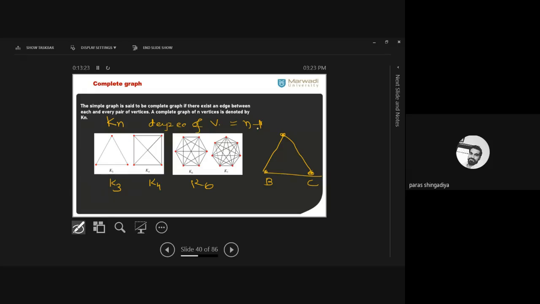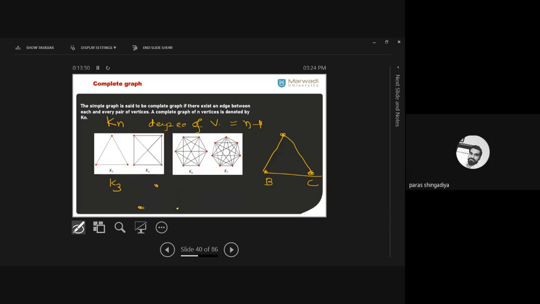You do not need to check pairs to see whether an edge is possible or given. You just check the degree of all the boundary vertices, then you can get the idea. If it is n minus 1 for all the vertices, then it is called a complete graph. And you can also modify this structure. Here it is a K4 shape. Right now, all the vertices are at the boundary. Here we can also consider one as inside.